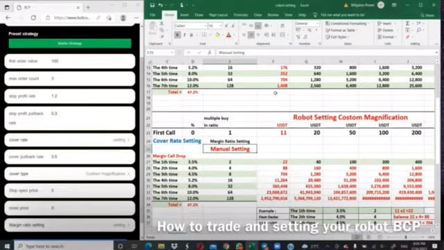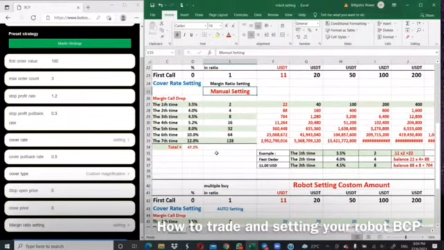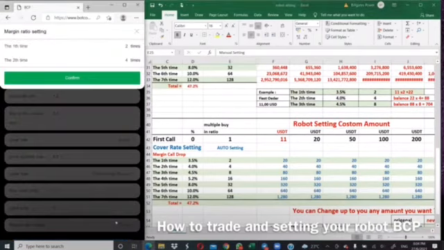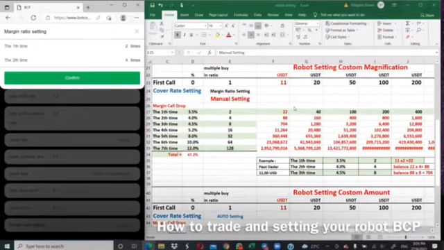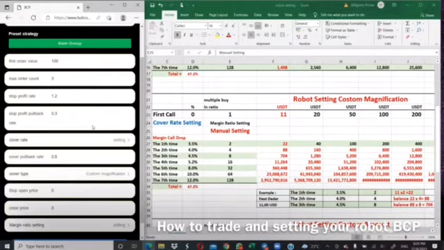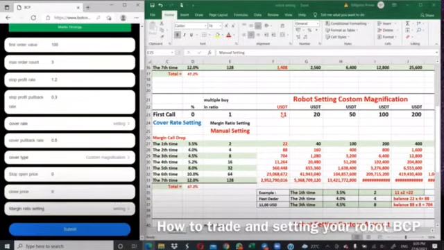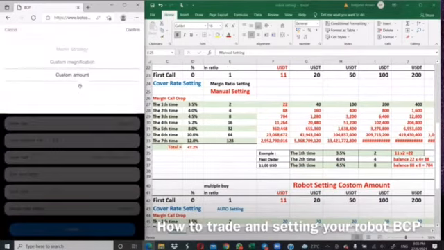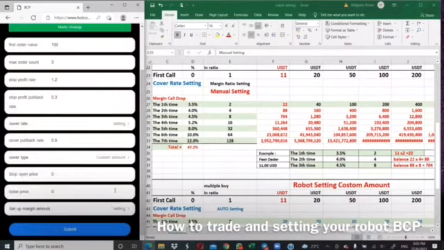Okay. This calculator I put inside Telegram for everybody can change, no problem. And then this one, okay, you can setting this one, magnification, you can setting 2 times, 4 times at least, okay. And then this one last, you can setting constant amount, okay. You click confirm constant amount, very simple.